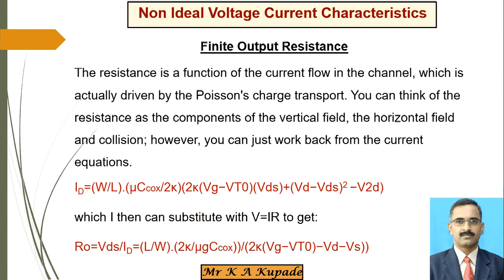And apart from the variations of the fields, the inversion layer, the horizontal field, the current considered from source to drain, and the collision of the electrons, that means the majority carriers, are also considered here. And apart from that, this equation has some parameters of the FET, as well as the voltages at all the terminals, with consideration of the threshold voltage.